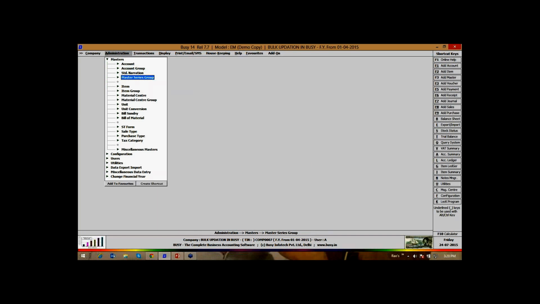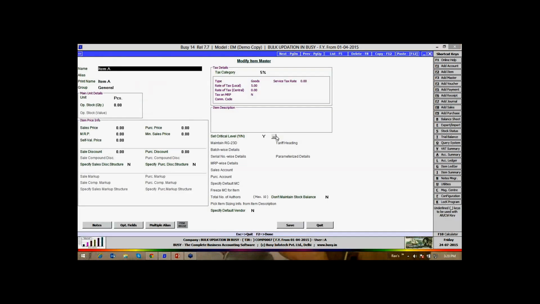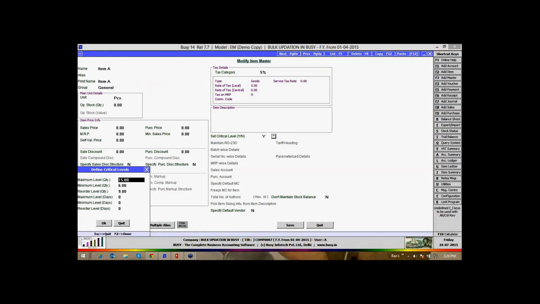So we can check: 3 multiplied by 5, and so on. The multiplication factor is working here. Now the days that we are specifying there, we can define here also. Maximum 10 days, minimum 2, reorder 5. We can specify days here also.